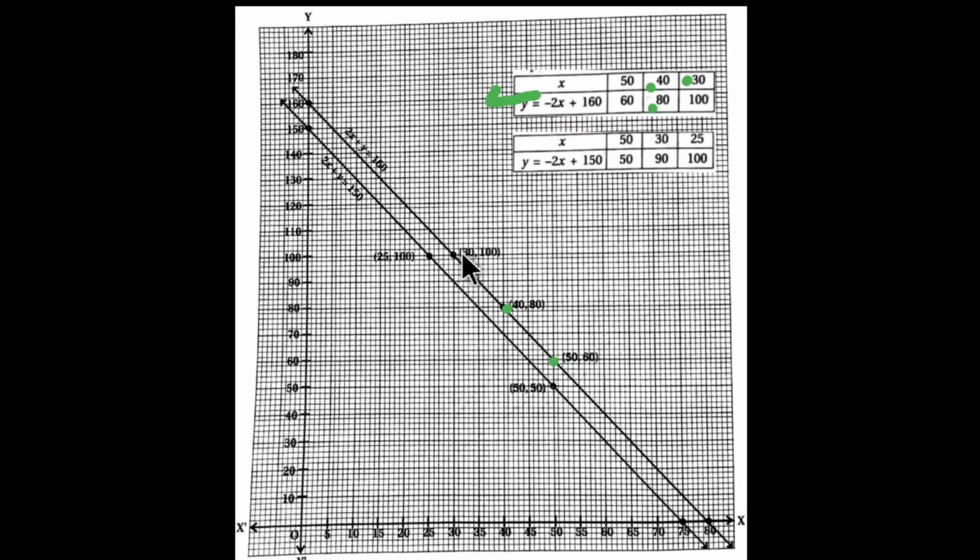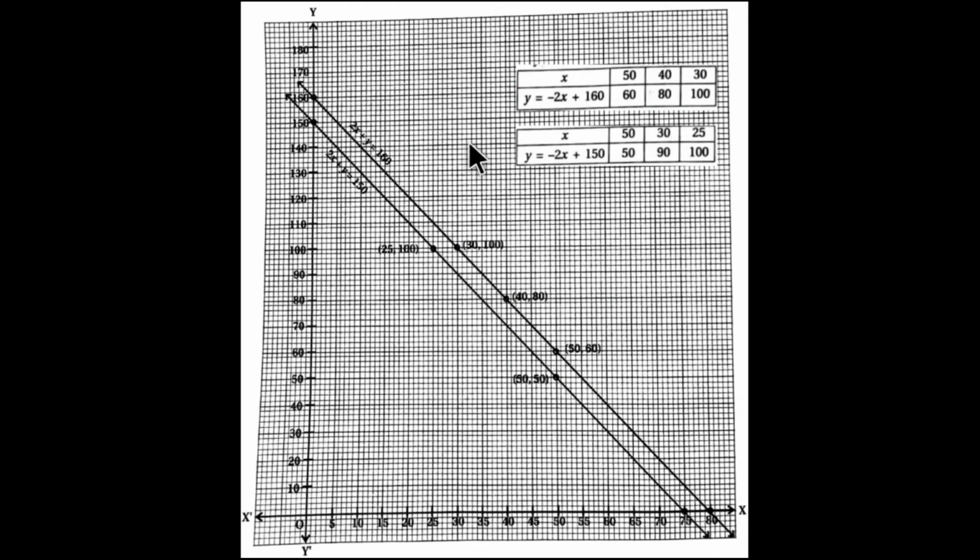and on the y axis the point is 100. So we plot the point here. Now join the 3 points on the same line, and the equation is 2x plus y equals 160. Afterward, the second equation and its solution table is given here: on the x axis and y axis both points are 50, 50. So we see on the x axis 50 and on the same line on the y axis 50 also.